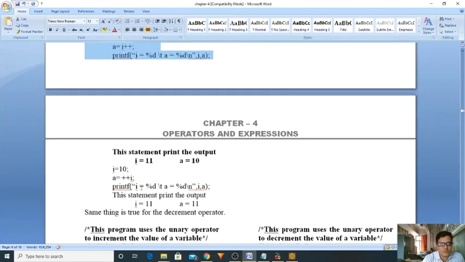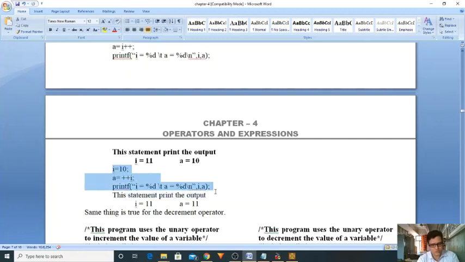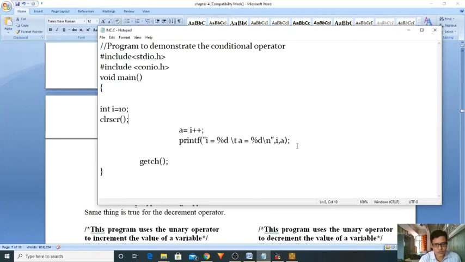Let me check here. Here I am doing the same thing. Now I am modifying. Now I am taking it as a pre-increment. Okay, so let me copy this and see the output. Instead of that, I am modifying here only. For this, I am making a comma b. Okay, after this I am doing the process b is equal to ++i.